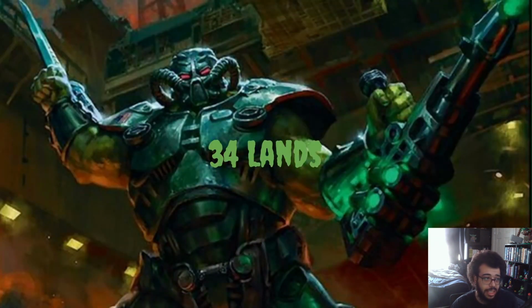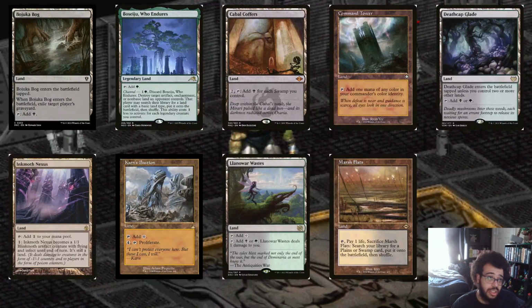Since it's black green, it's not that hard to figure out the mana base. We definitely want some dual lands that could help us out. So let's look at them. So we're playing Bazooka Bog, which exiles played graveyard. Boseiju pops enchantments, artifacts, and lands as well. Non-basic lands as well. Cabal Coffers, just a ramp out more. Command Tower. Death Cap Glade,